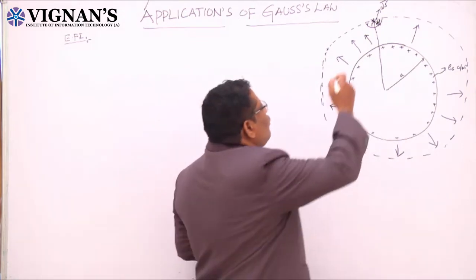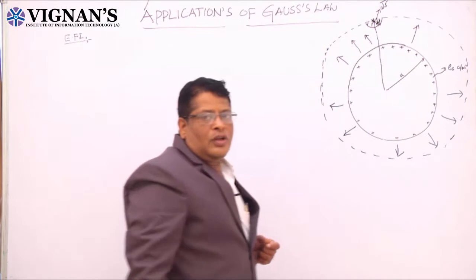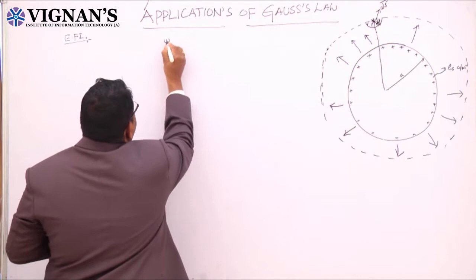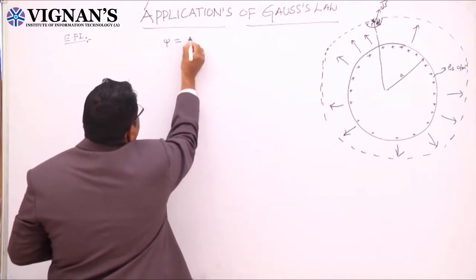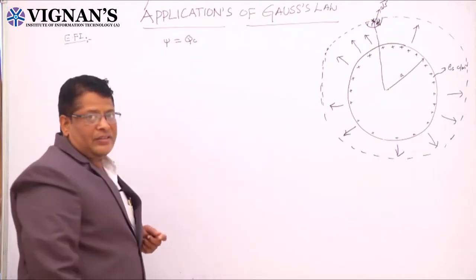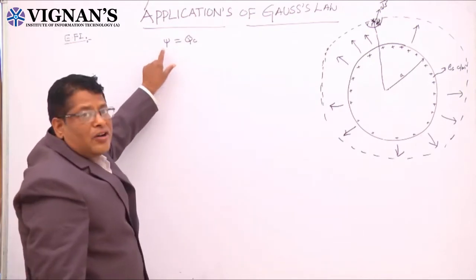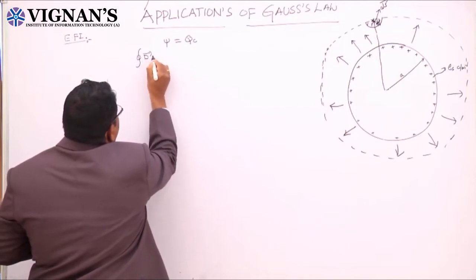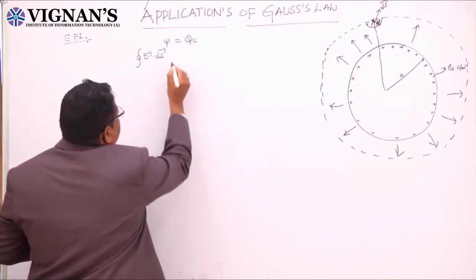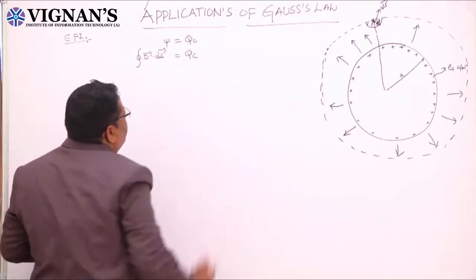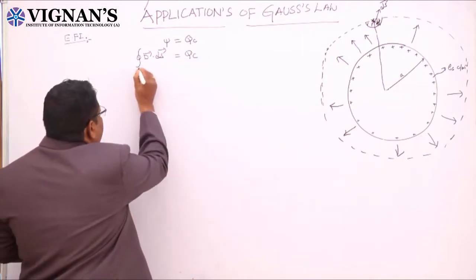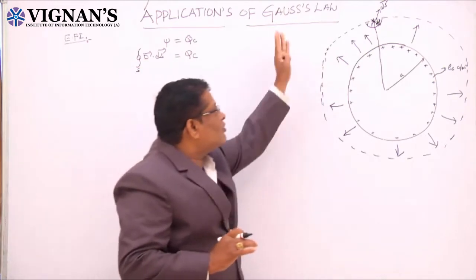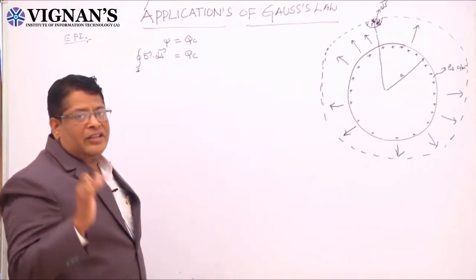Next, we have taken the differential surface to apply the Gauss law. Already we know the Gauss law states that the amount of flux coming from the Gaussian surface is equal to the charge enclosed by the Gaussian surface. This amount of flux leaving the Gaussian surface, we can write as the surface integral of D bar dot ds bar equal to the charge enclosed by the Gaussian surface. This quantity represents how much flux is leaving the Gaussian surface.